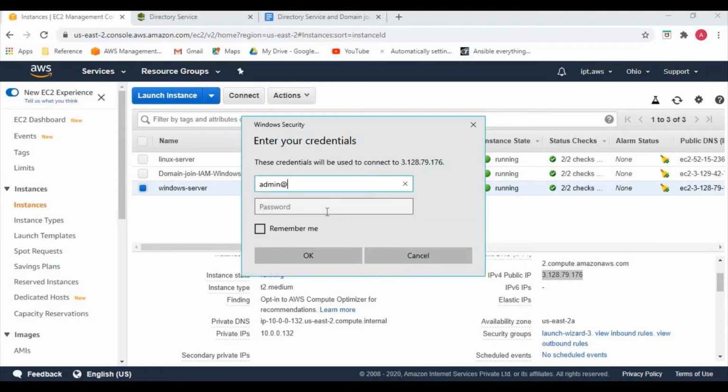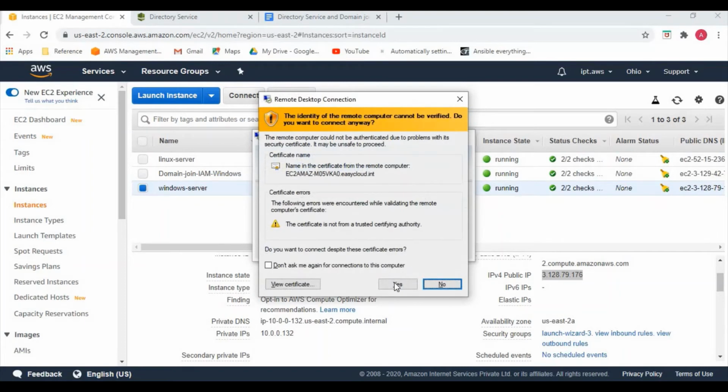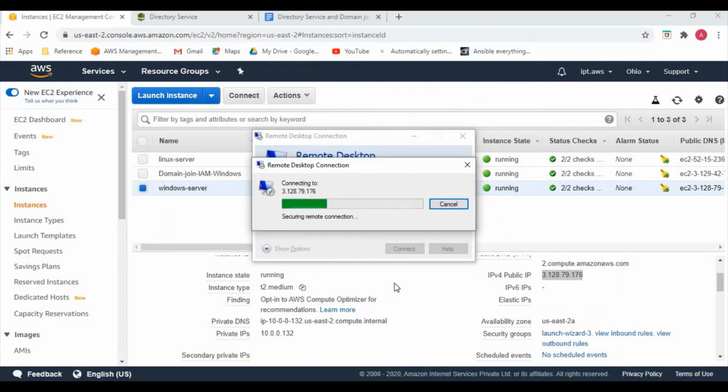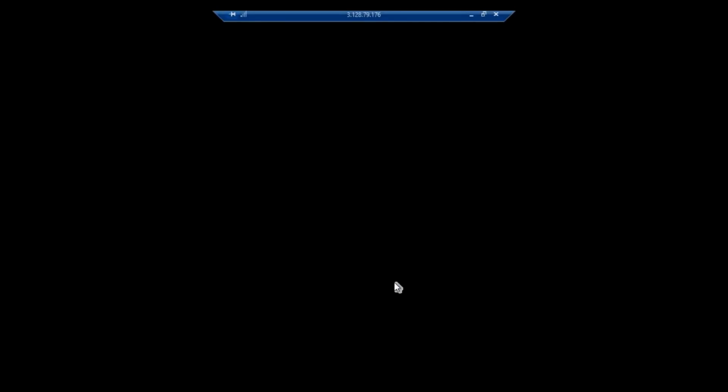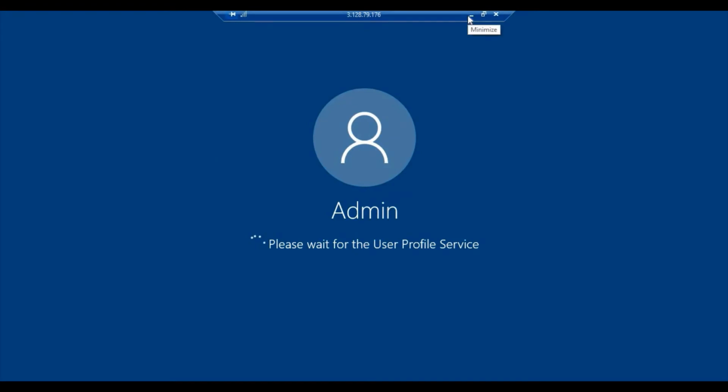I'm just giving the AD credentials now. As we can see here, we are able to connect using the AD credentials. So this server was manually domain joined.